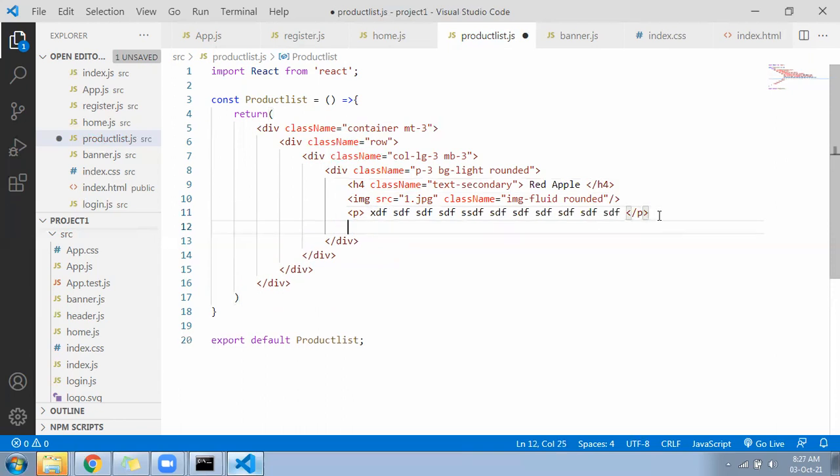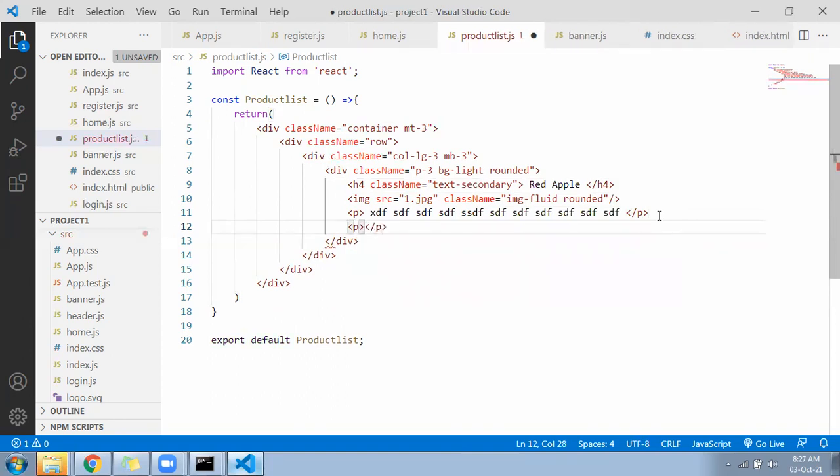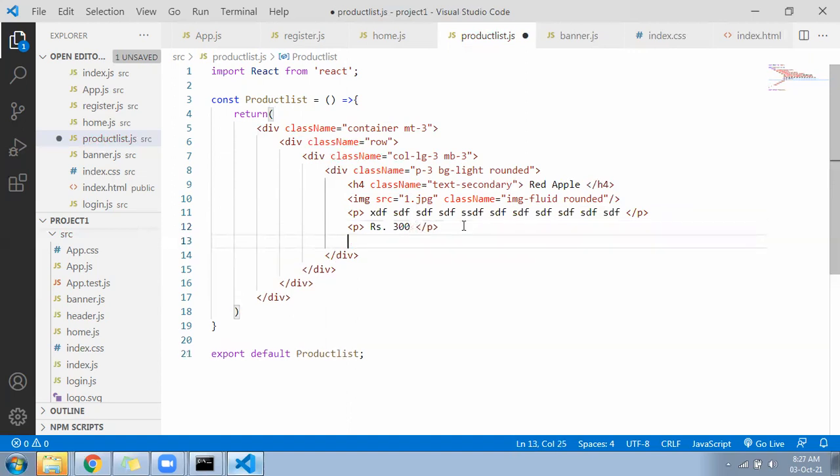After that, keep the price below, in a paragraph only, rupees 300. Then keep a button, add to cart.